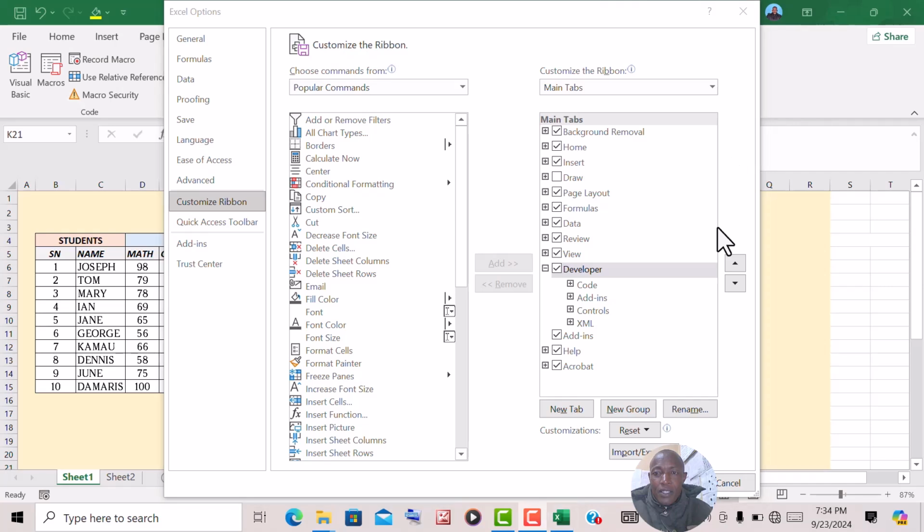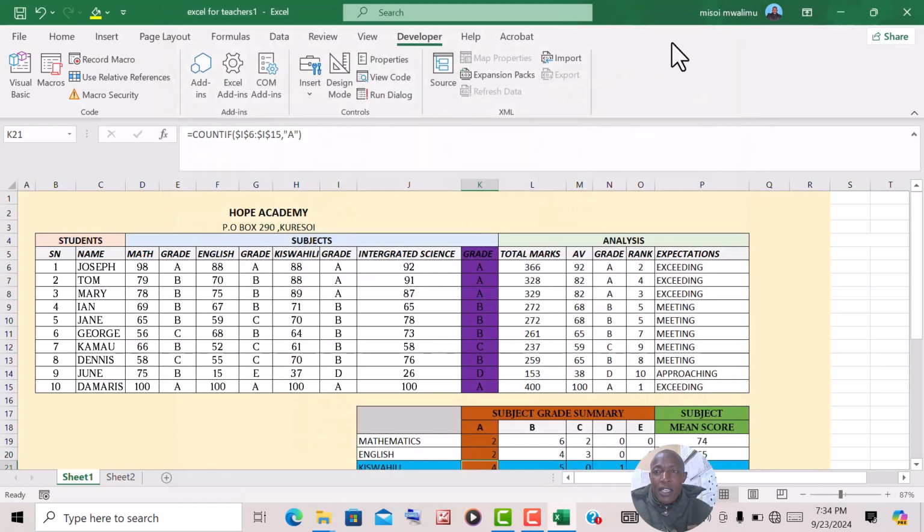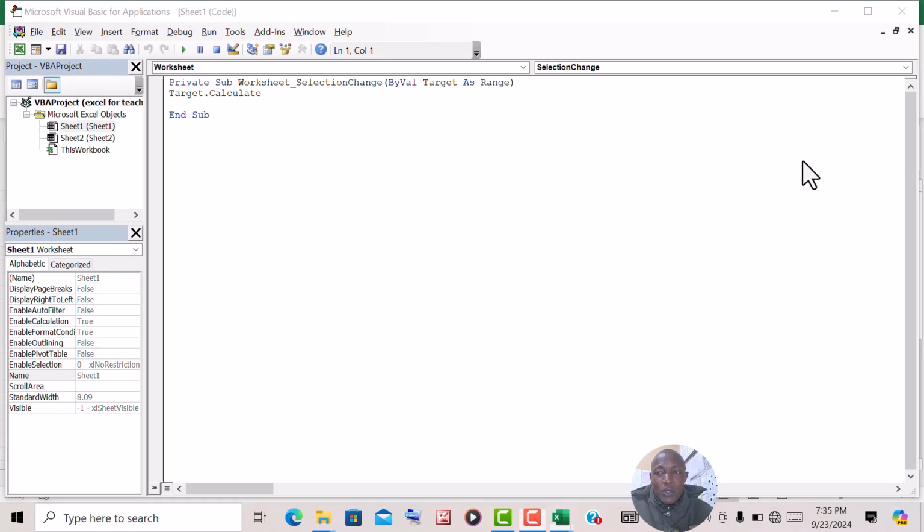Check the Developer tab, tick here, then say OK. It will be made available for you here. Click on Developer, and then go to Visual Basic. Click on Visual Basic, and you'll be taken to the Visual Basic window,